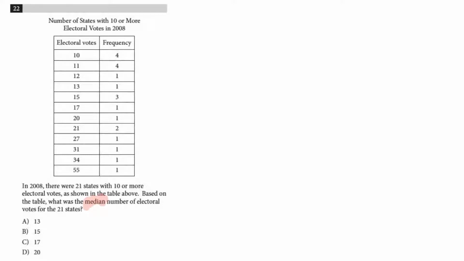Number of electoral votes. Okay, well, median means middle. Median equates to middle. So we want to find the middle value. All right, well, we know we have 21 states. To find the